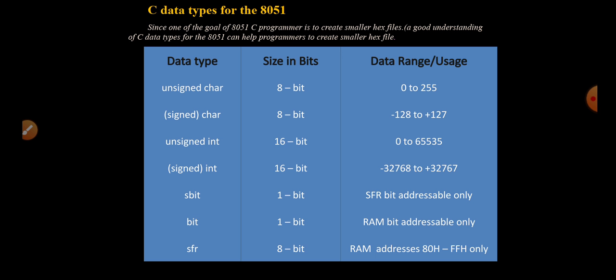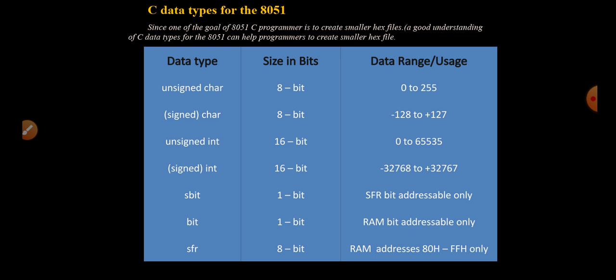The unsigned character is an 8-bit data type that takes a value in the range of 0 to 255 in decimal, or in hexadecimal we can say it can take the value from 00 to FF, and it is used in many situations such as setting a counter value or string of ASCII characters. So normally the C compilers,